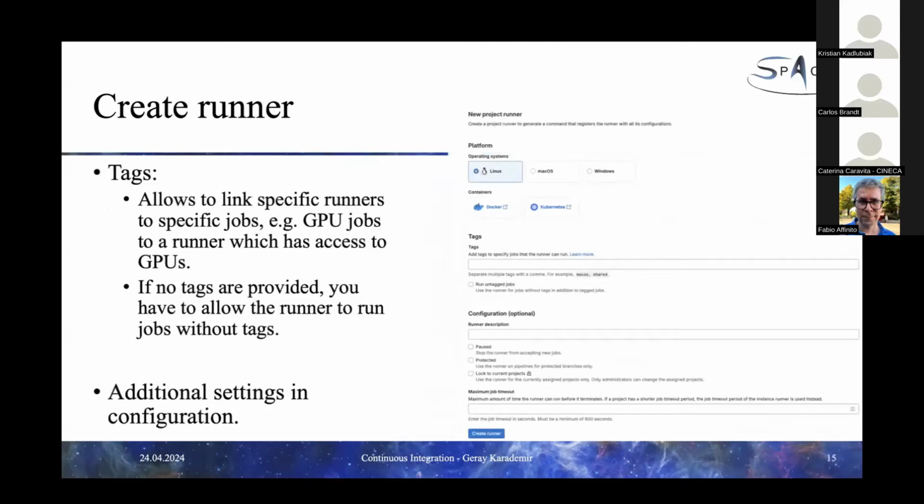So when you click on that, it opens a new page, and you can say what kind of system you have. Do you have a Linux, a Mac OS, or Windows? If you need some kind of containers, if you want to provide a tag, so that only specific jobs are allowed to pick this runner. One simple thing would be, for example, you have a runner which is there for GPU tasks or tests, and you can tell it, okay, only jobs which I have tagged GPU are allowed to run with this runner,